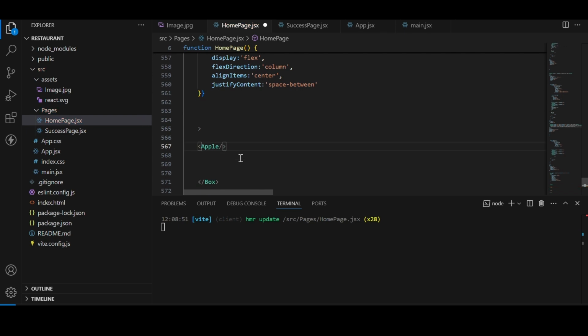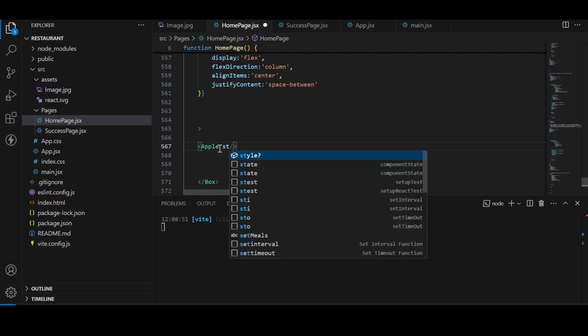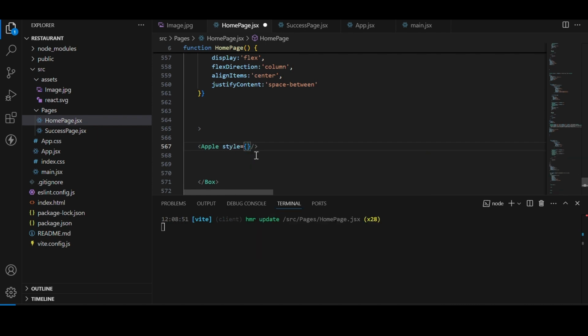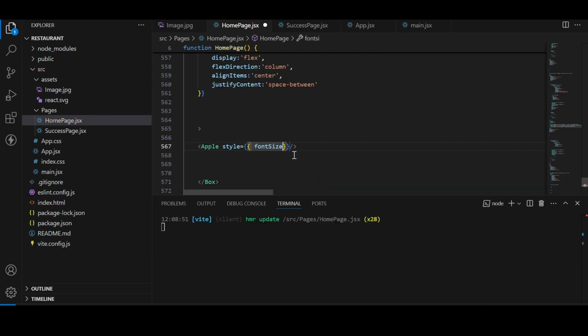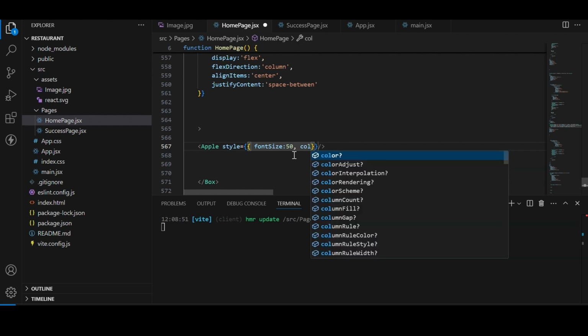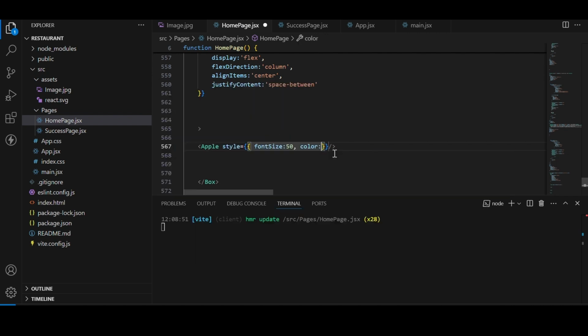So I'll add some style. So the font size will be 50, and the color will be white. Okay,